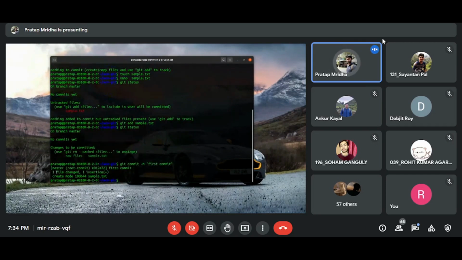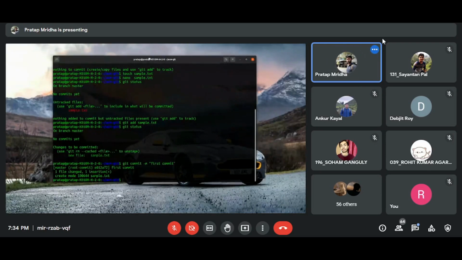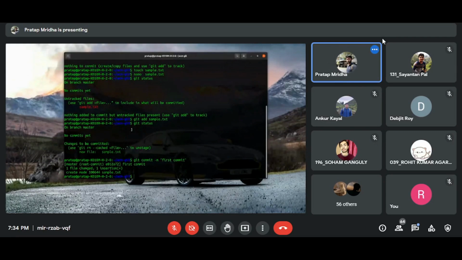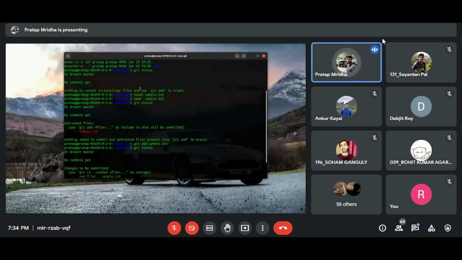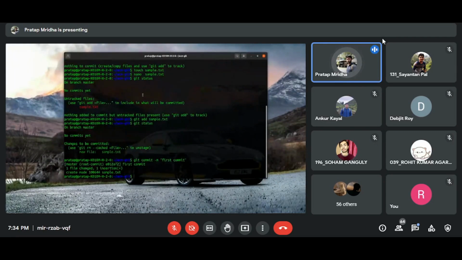So now you can see that one file changed, one insertion. And so basically in my local Git repository, I have successfully committed one file, that is sample.txt. Okay. One thing I forgot to mention, whenever you install Git, after that, you have to add some